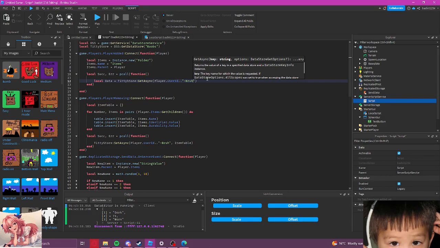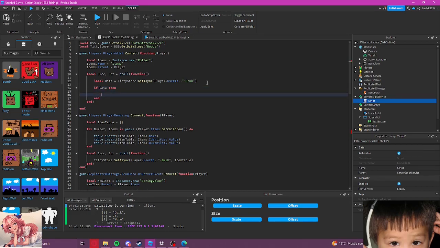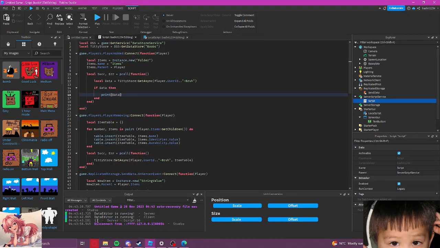So let's just go ahead and say that if data, then we're going to do whatever this is. So I'm going to go test it out real quick. All right, it absolutely did work. The reason why this table was empty before is because when we loaded back in, it didn't save it. So that's exactly what we're going to do now. We're going to say for number saves in pairs, we're gonna go get the data.